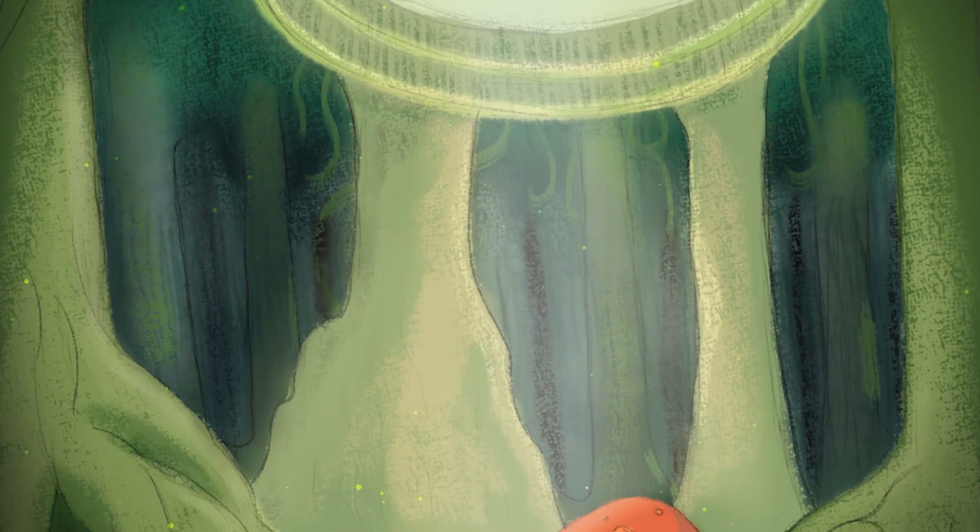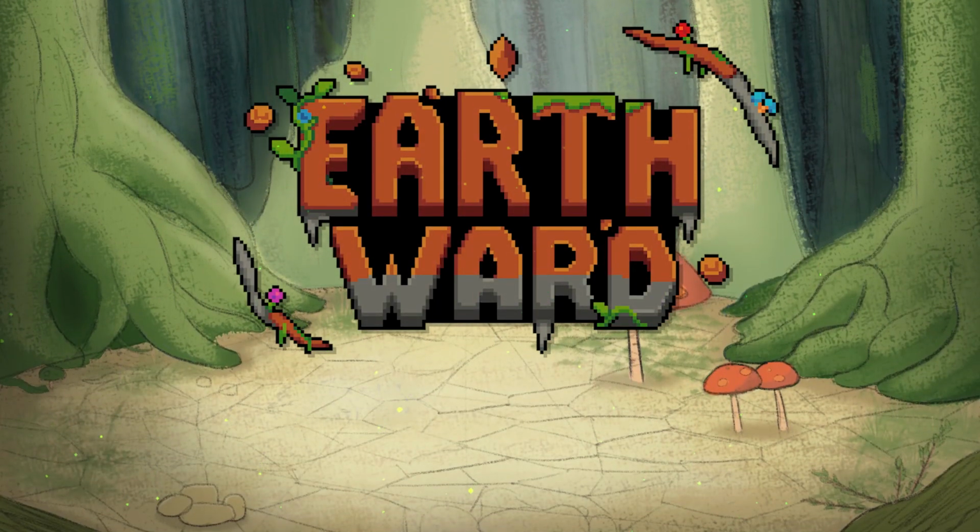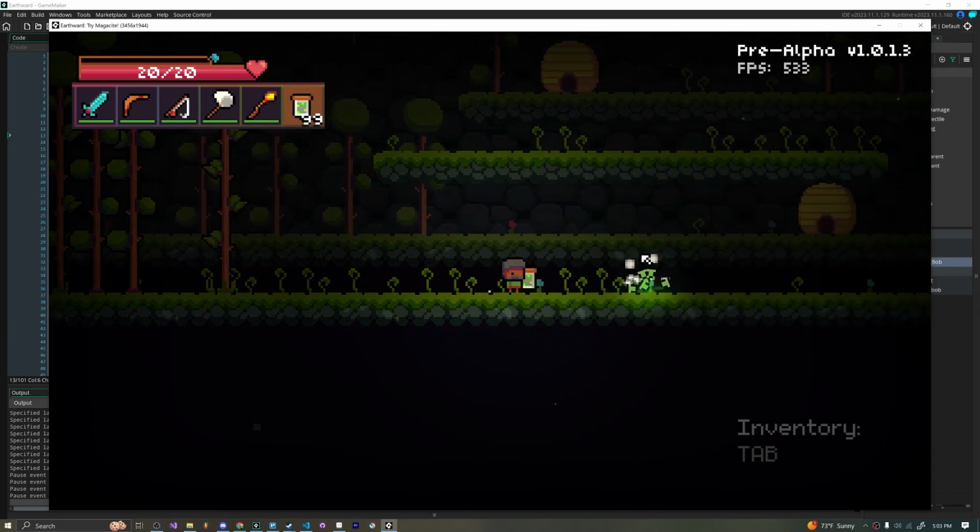Hello everybody and welcome back to another Earthward Devlog. Today we're going to talk about world generation and how I was able to get a Magicite style room generation